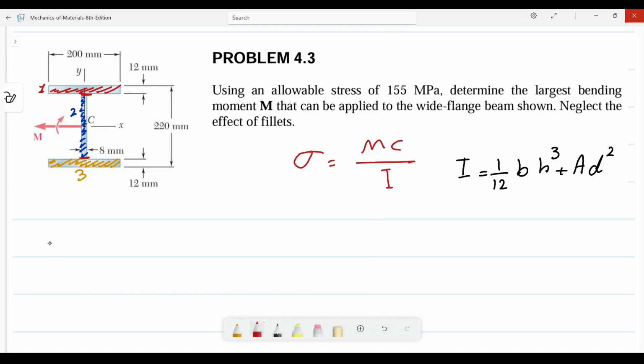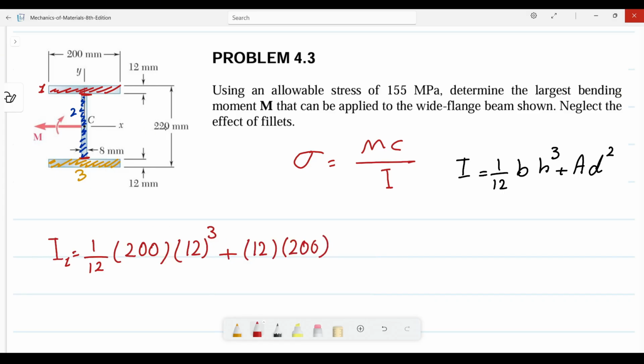Here for I1 we have 1 divided by 12 multiplied by B equal 200 millimeter, H equal 12 to the power of 3, plus A equal 12 multiplied by 200, and the distance of the center is equal